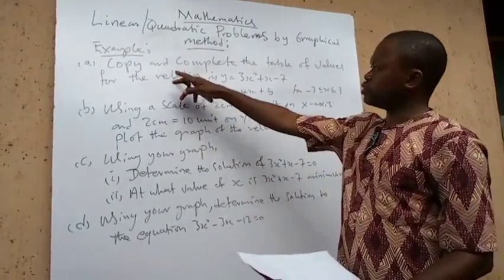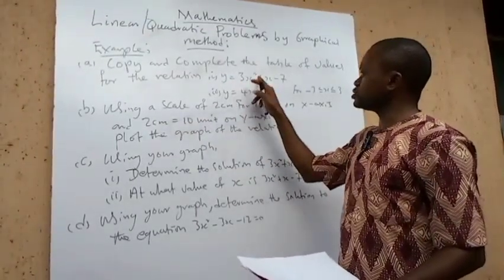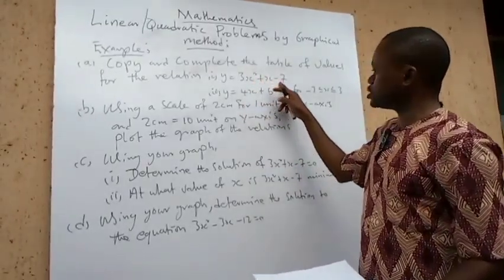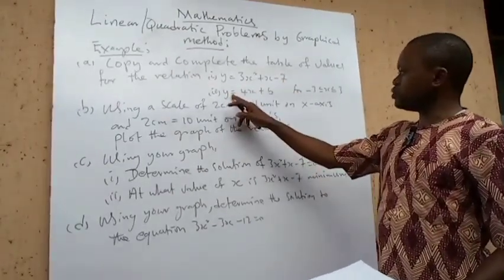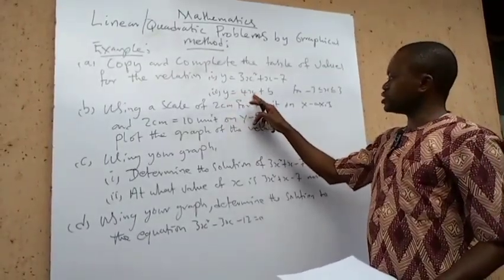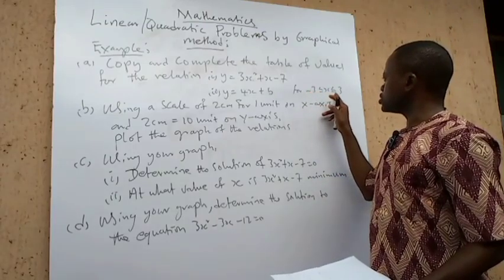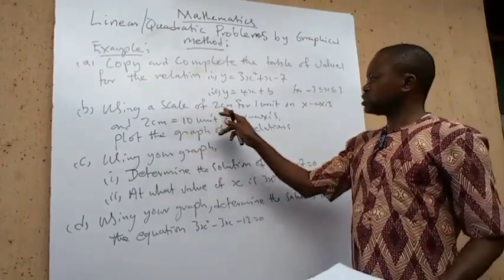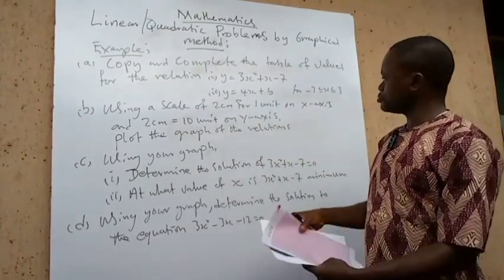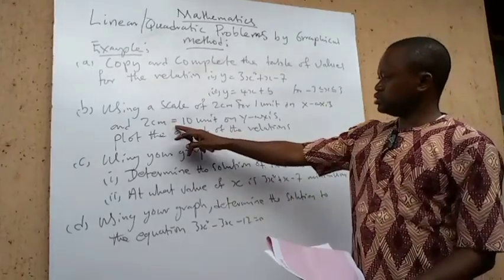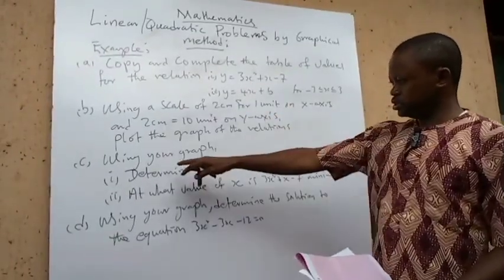The question says, copy and complete the table of values for the relation y equals 3x squared plus x minus 7. And the linear one, this is the quadratic, this is the linear. The linear one says y equals 4x plus 5. This is the interval given to us: minus 3 less than or equal to x less than or equal to 3. Okay. So using a scale of 2 cm for 1 unit on the x-axis and 2 cm for 10 units on the y-axis,